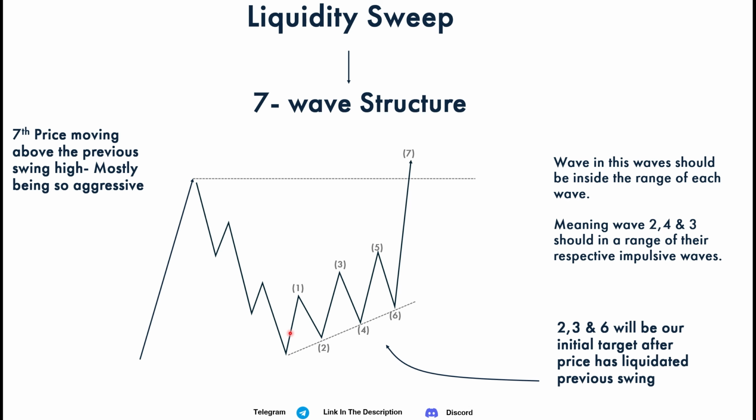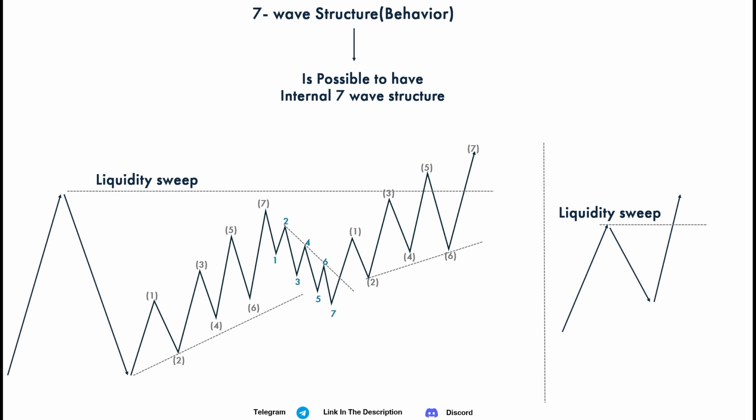Meaning, what I mean is that price must not do something like this. If we have the starting point here and then price does something like this, we have 1 and then a 2, 3, this 4 must not be around this area here. Number 4 should at least be inside the range of this 3 here. We must not have this huge gap here, because that will be an impulsive wave where the market will just move to the upside. So here